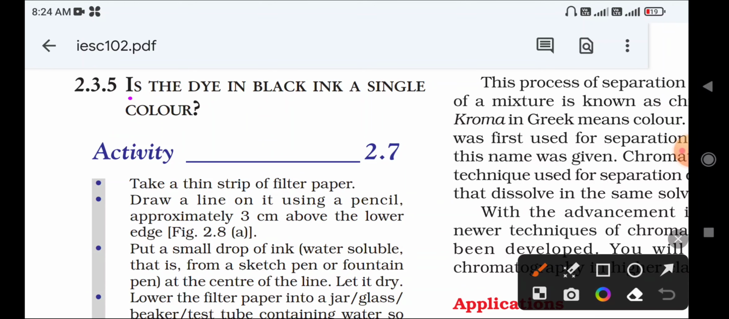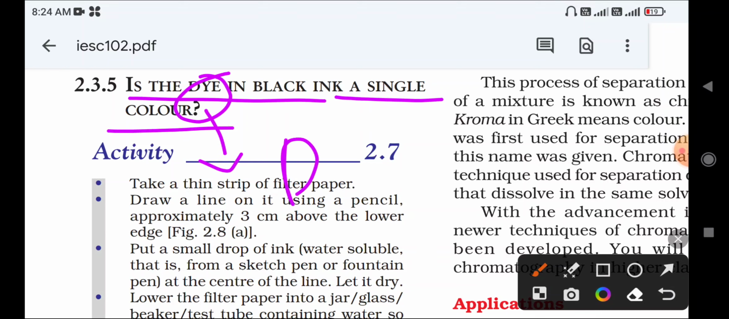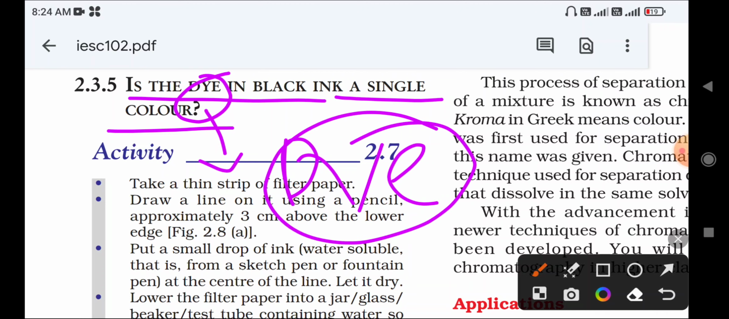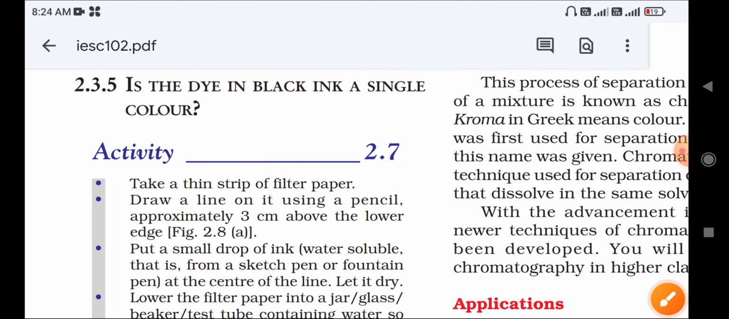Okay, and the dye in a black ink or a single color. Dye here means color. So it contains two, three or more colors, right? So for that,